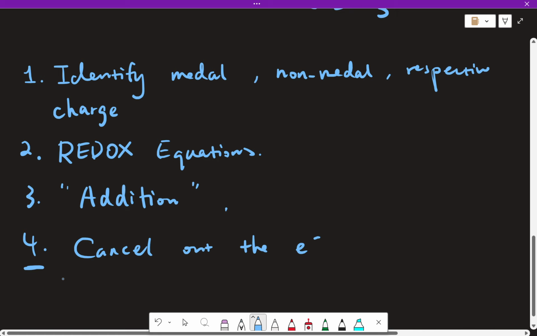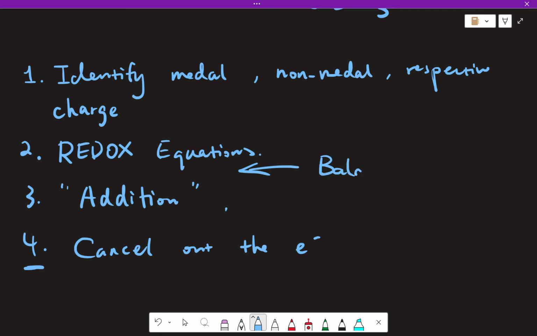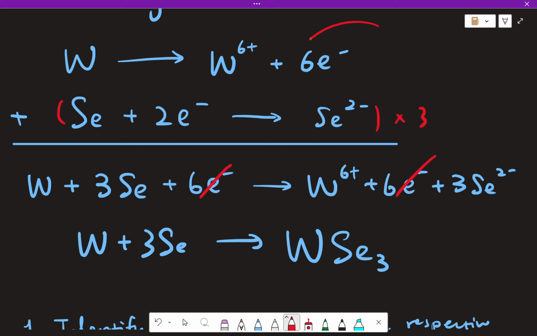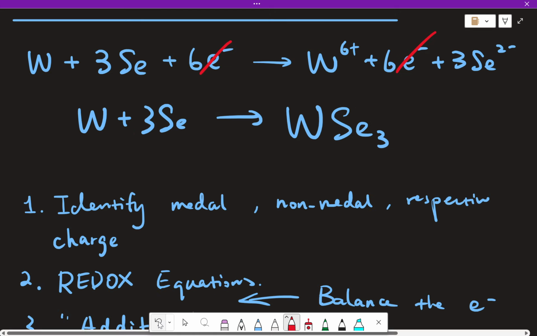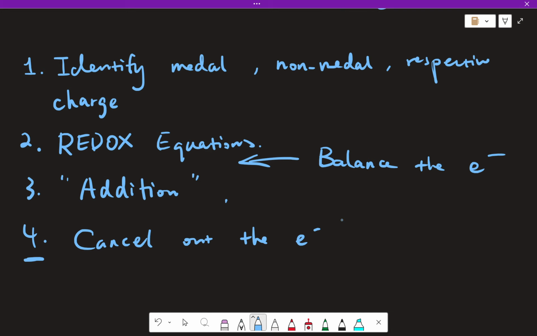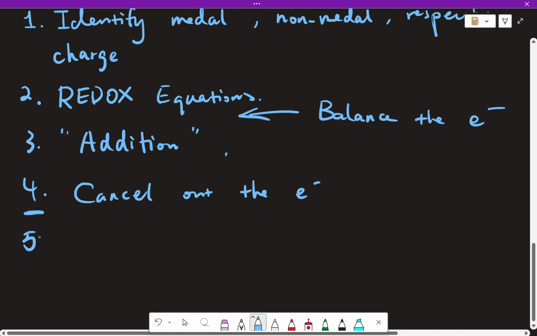But in order to successfully execute step 4, we need to make sure to balance the electrons before the addition, which means we want to make sure that these 2 amounts are the same. And right now they're not the same, so we need to multiply 3 to the whole second equation. And after canceling out, we can just simplify. And no need to balance. That's one of the characteristics